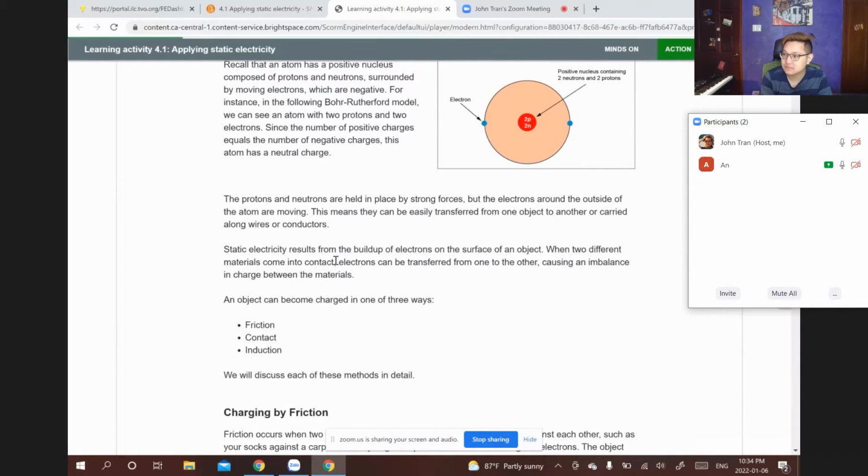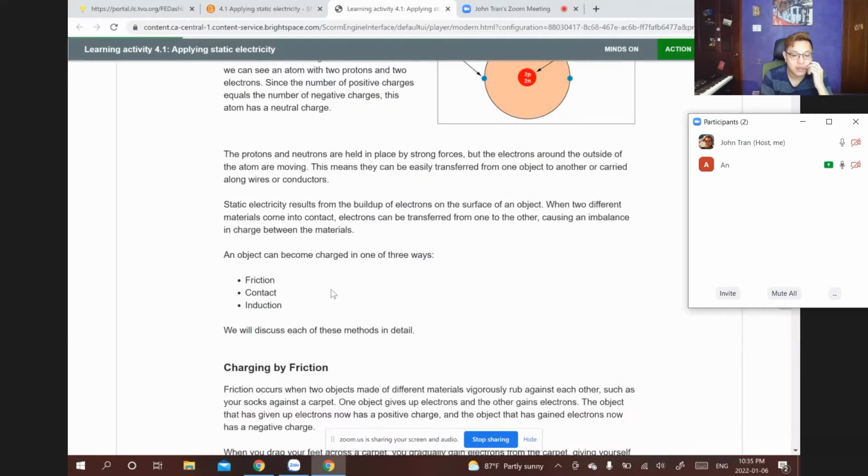Static electricity results from the buildup of electrons on the surface of an object. When two different materials come into contact, electrons can be transferred from one to the other, causing an imbalance in charge between the materials. An object can become charged in three ways: